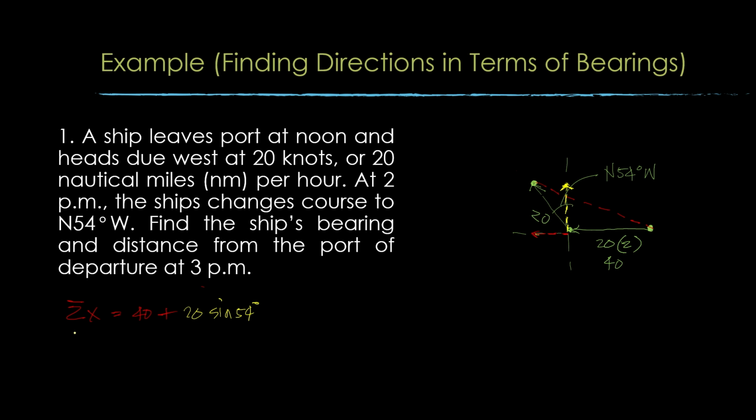And the sum of your y components is the y value of this 20 right here. So that would be 20 cosine of 54 degrees. Okay, so what's the value of your summation of x? Please compute. 11.756, and for this one